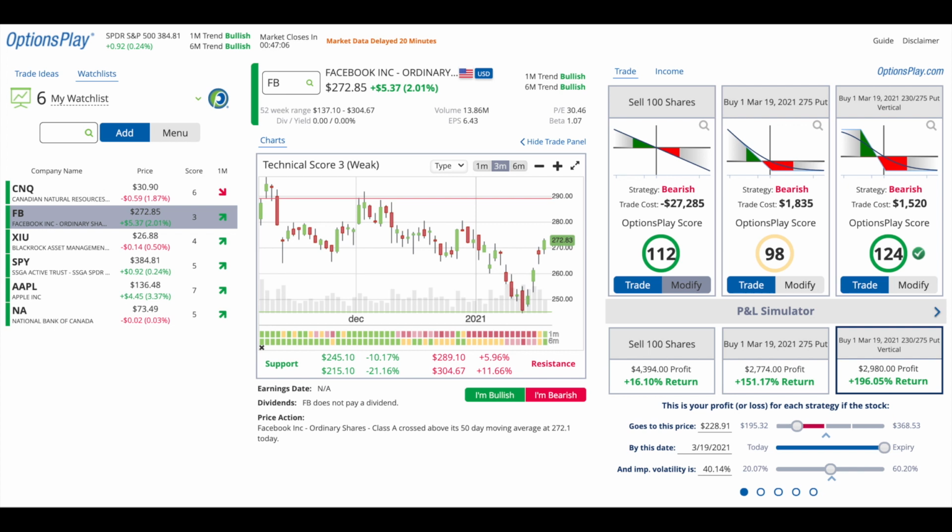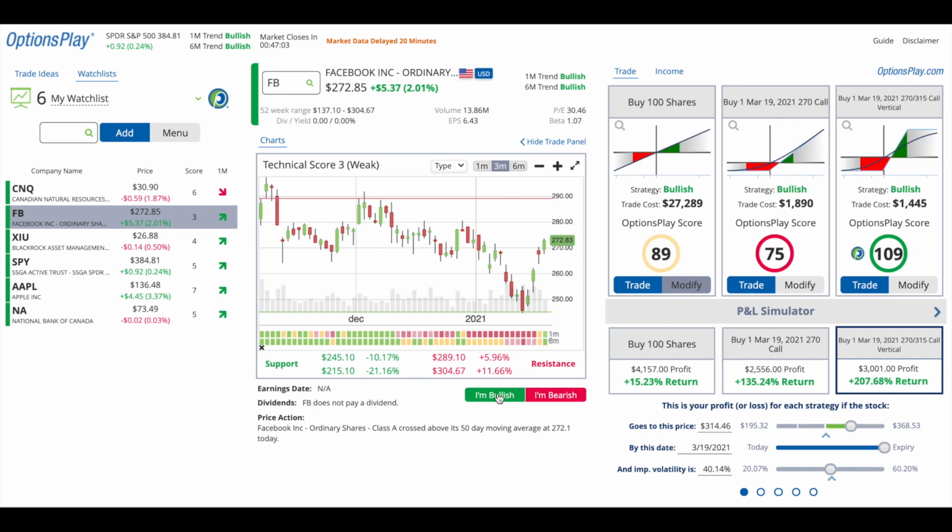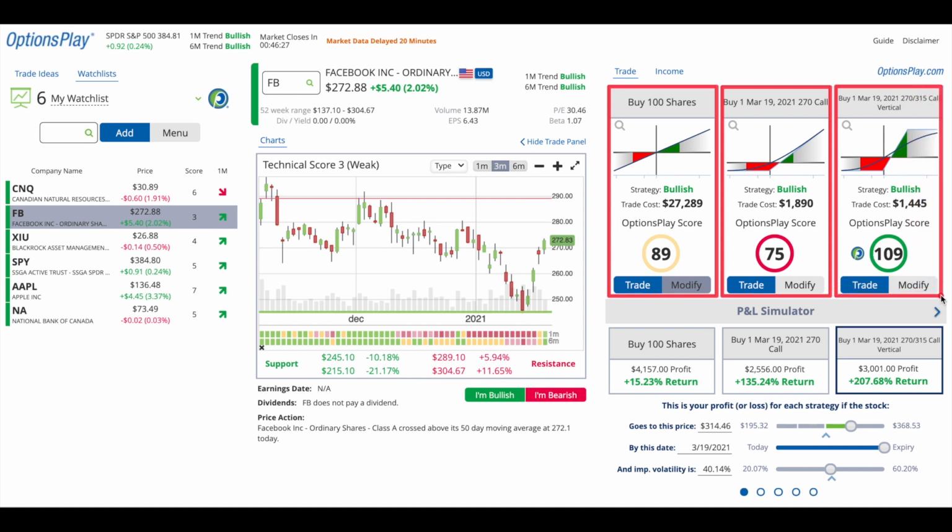Now, the tool is designed from the ground up to allow anyone, even if you're brand new to options trading, to be able to start exploring and analyzing option strategies and comparing them to strategies that perhaps you are more familiar with, such as buying 100 shares of a stock. So in this particular case, if I'm looking at Facebook and I want to look at buying 100 shares of the stock, it would cost me roughly $27,000. Next to it, we'll compare it to a simple option strategy, which is buying a call option, which costs $1,890. Or for those of you that have a little bit more experience trading a more complex spread here, or vertical, which only cost me